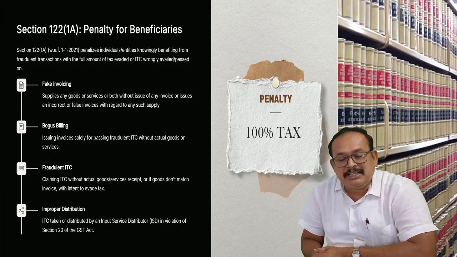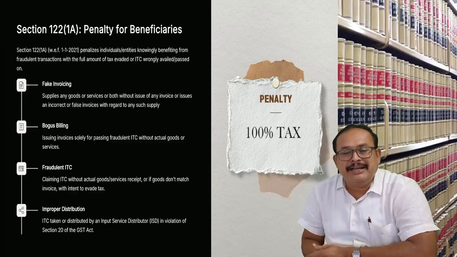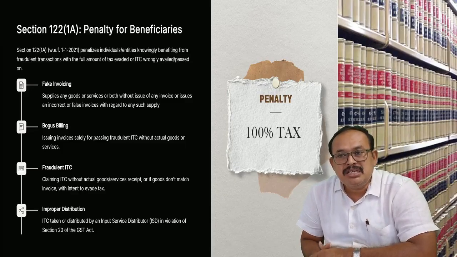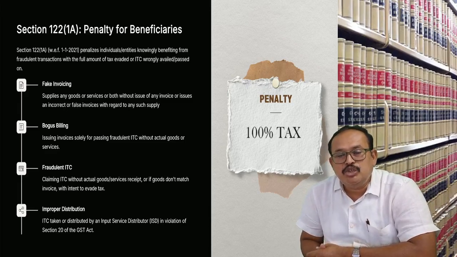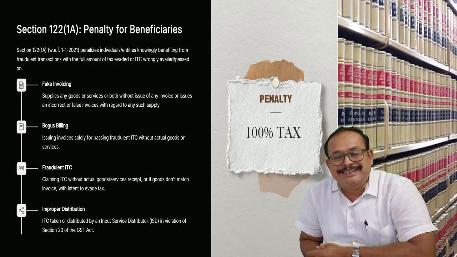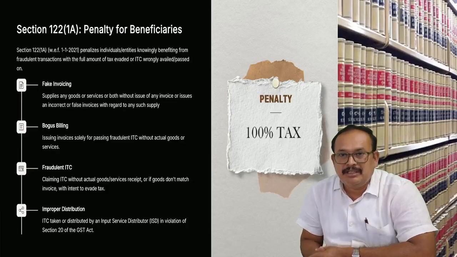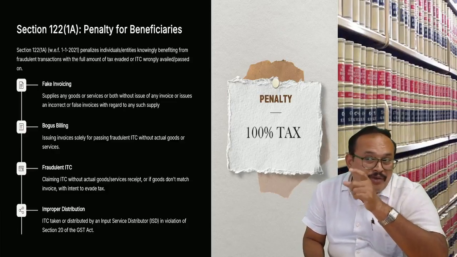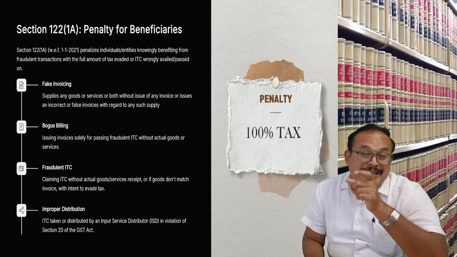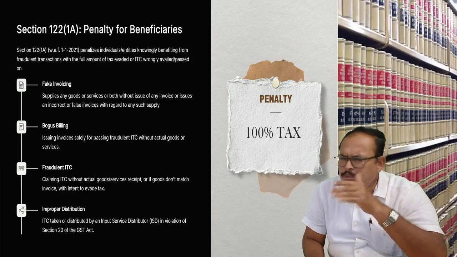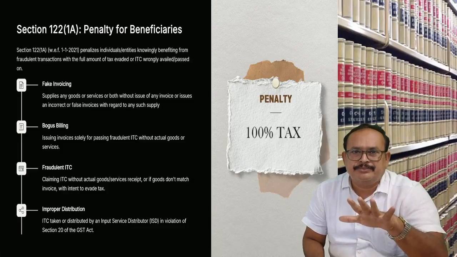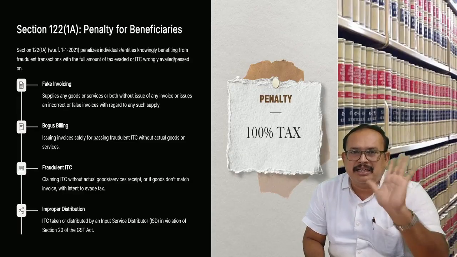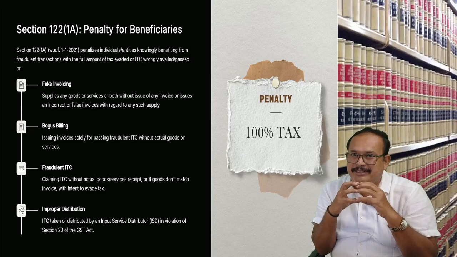You being a chartered accountant, you guide your client in such a manner as to cause revenue loss, and you, being the advisor, get the benefit out of it. By causing the revenue loss, a tax consultant, who may be a CA, CMA, CS, or a GST practitioner, X or Y or Z, if that fellow is a mastermind,